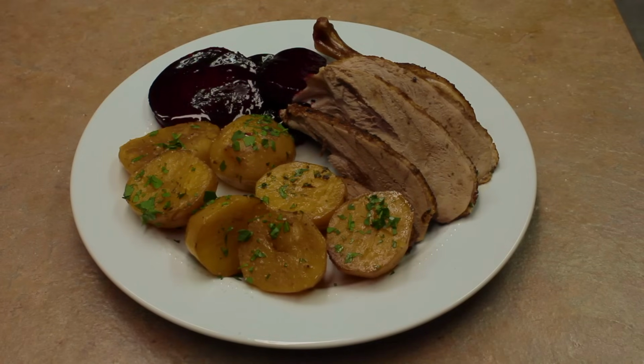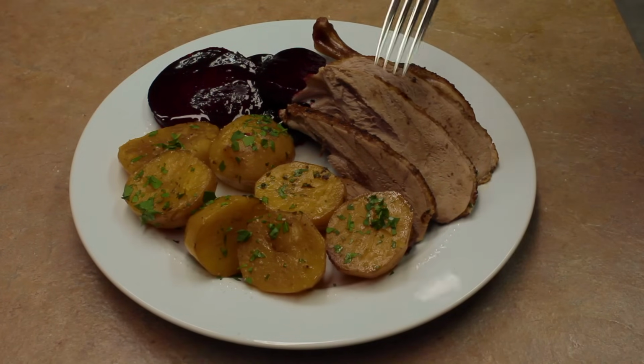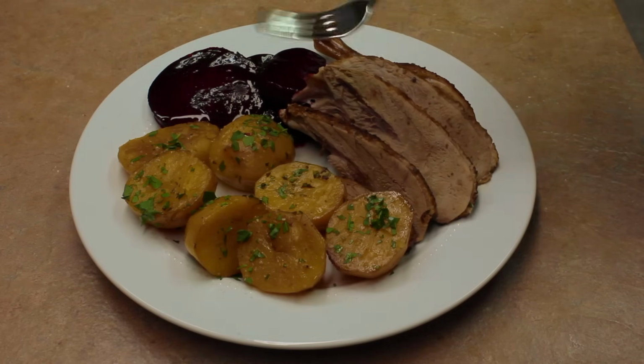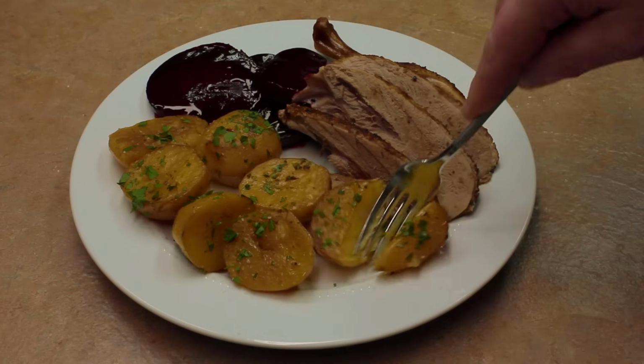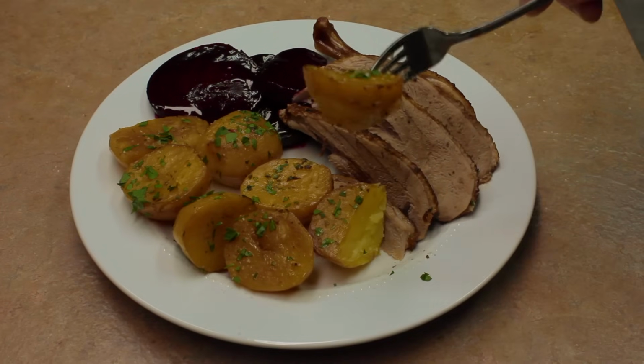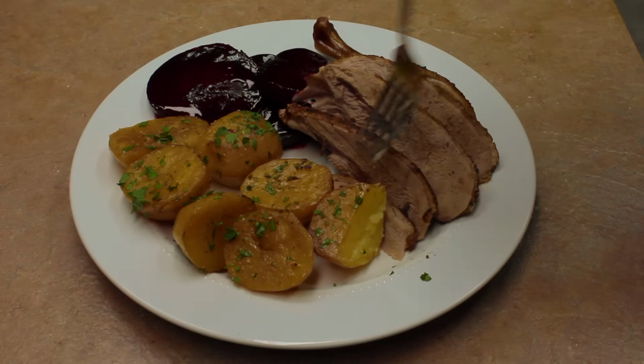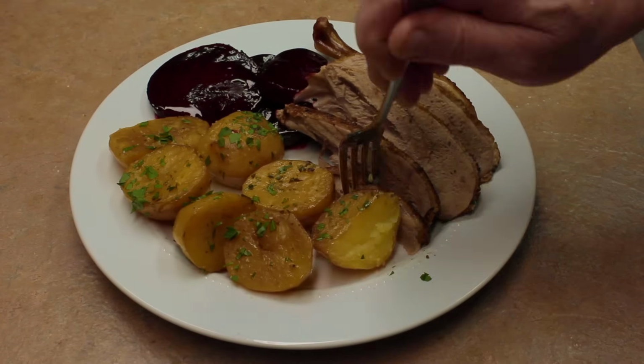Well, I have my plate made. I have some leg here and some breast meat here. I would say a duck typically around here serves 3 people. And I have some beets, and then of course the potatoes, which are simply awesome. You need to salt them a little bit. Of course the duck